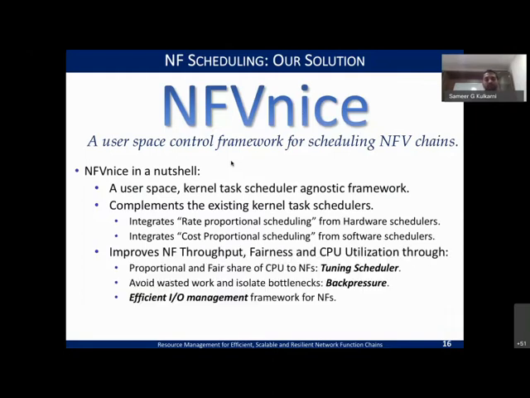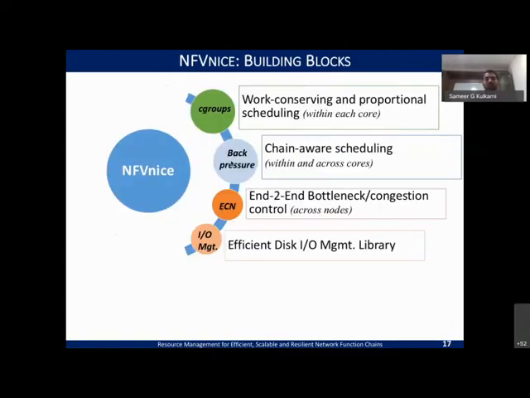Overall, we take these early understandings and research aspects to see how we can build a scheduler which can improve the throughput as well as ensure fairness and improve the CPU utilization. We will cover the major aspects of this work in a nutshell.